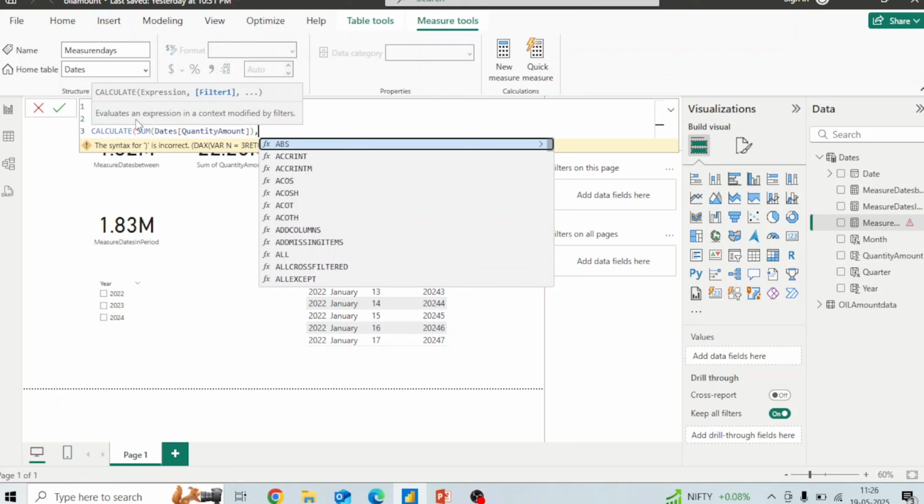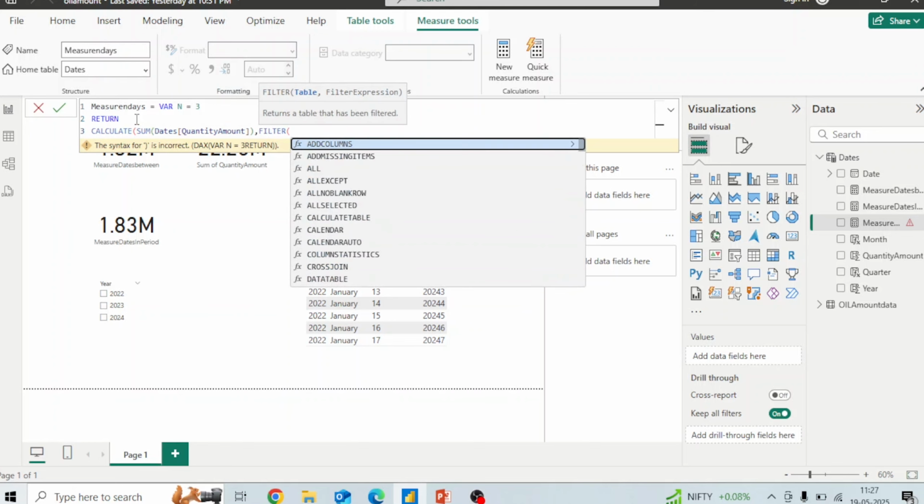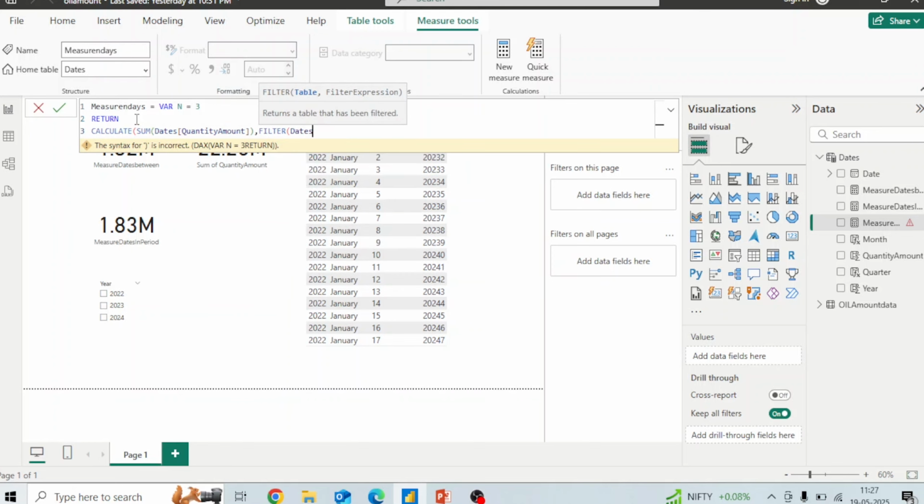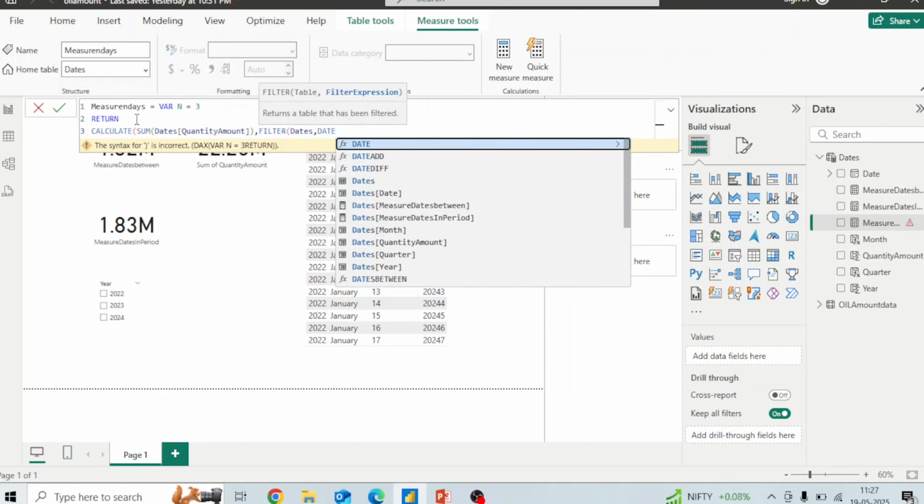If that particular number is divisible by n, if the mod of that number, meaning the remainder, gives me the value 0, that means it is perfectly divisible by n, and I will get the sum of quantities for every n days, for every n time intervals. So let us go ahead and do that. For that I will use the FILTER function, and the table will be the dates table, comma, within the filter expression I will use DATEDIFF,